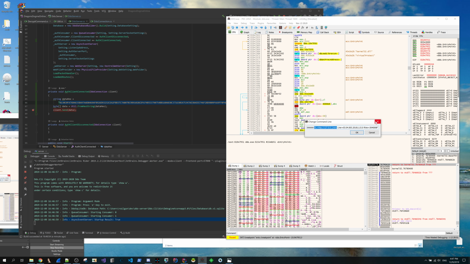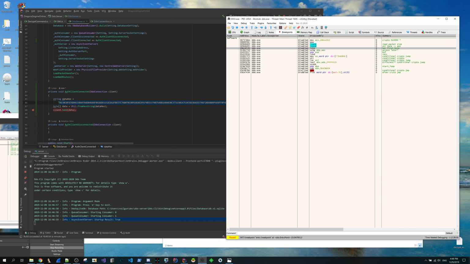hit the server. And then when you're ready to go, you want to make sure that you disable all your breakpoints, because if the breakpoints are enabled before you run the client, it might be detected and might just back out. I have a few breakpoints here, but really you only need two, which is the receive method when the